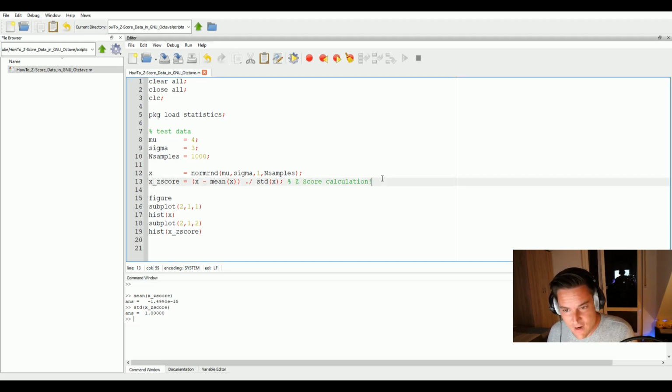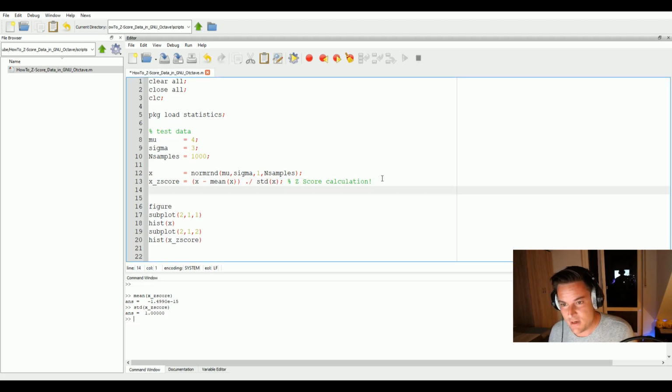But there's also a function that is provided by the statistics package, which is called ZScore, and this function is doing exactly what we have programmed here manually. And x ZScore GNU, for GNU Octave, and the function is called ZScore, and you only have to pass your vector that you want to ZScore through this function. So let's also plot the result provided by the GNU Octave function